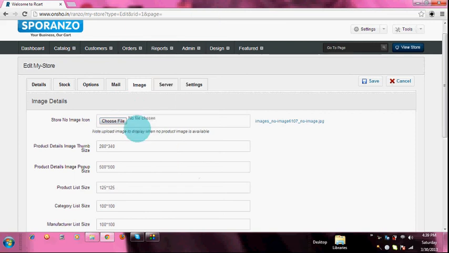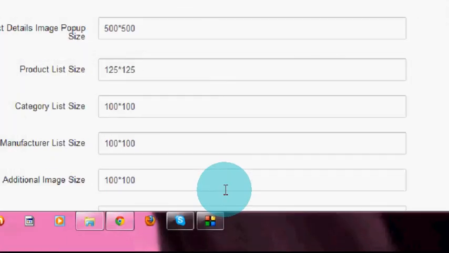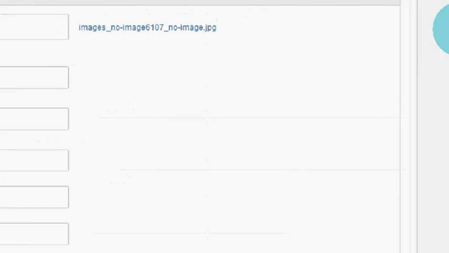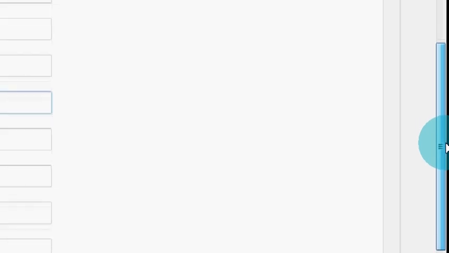And then we can give a default image for all the products with no images. We can give all the default sizes like thumb size, pop-up size, product list size, category list size, manufacturer list size, the product image size, and then the product related image size, compare image size, wish list size, cart image size.